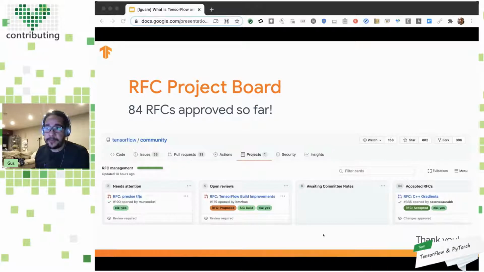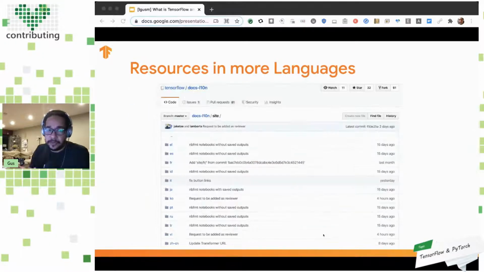I also mentioned translating; creating more resources in other languages helps a lot. We have translations from the community for 13 languages, I guess. So there's a lot of people contributing to the documentation. Of course, this is hard. It's not for anyone to just go there and translate or use an automatic tool. There's a lot of nuance there. I guess machine learning is not there yet to translate all the docs, so this really helps.